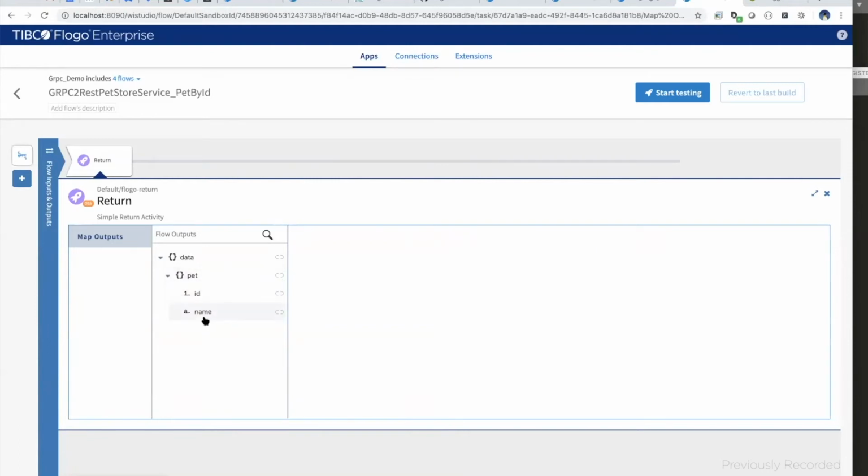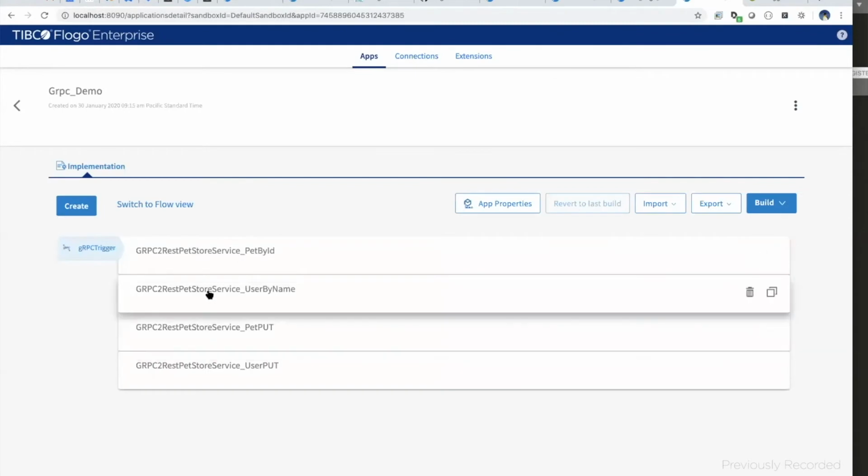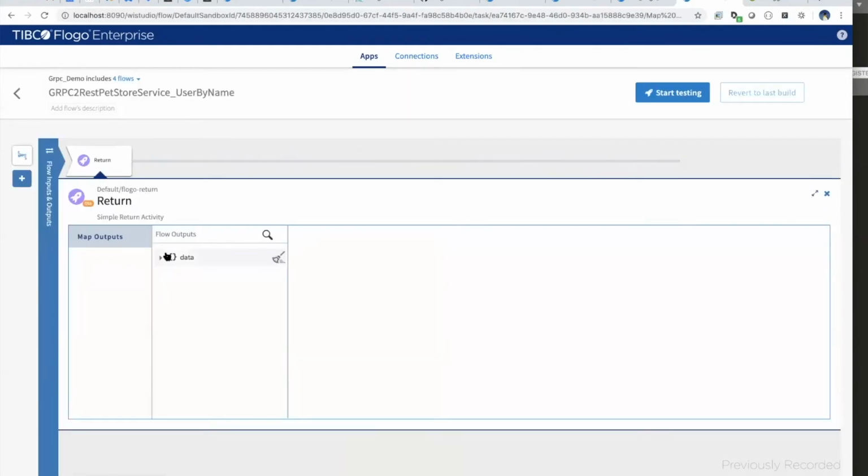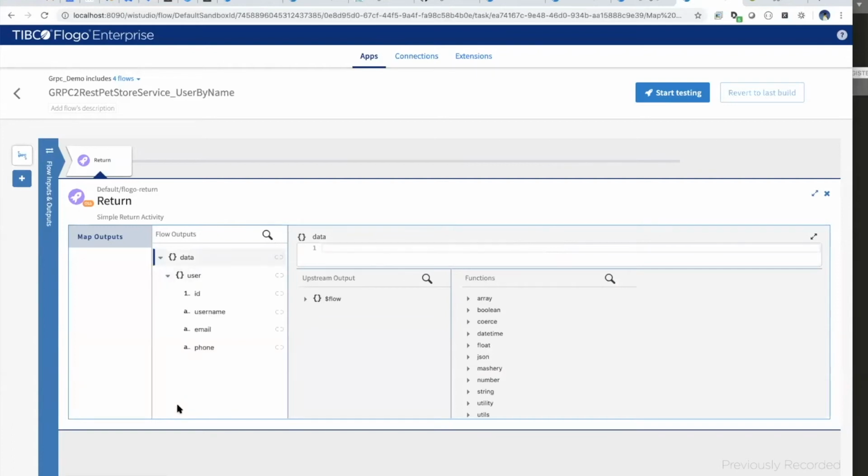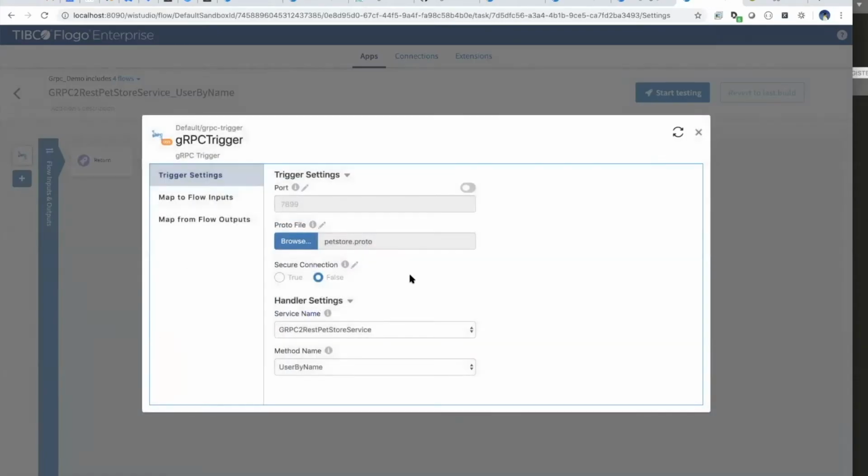So here what we do is we introspect the spec, and we create the inputs and outputs for the flow based on the configuration in the protobuf file for each such method. If you go to any of those methods, you should see that all your inputs are automatically configured based on the specification. Now you can just go and provide the values for them. Right, and the trigger and flow parameters are also automatically mapped. Is that correct? Yeah, so these are all auto-mapped. You can see that the service name and method names are all auto-mapped. Perfect. Yeah, thanks.